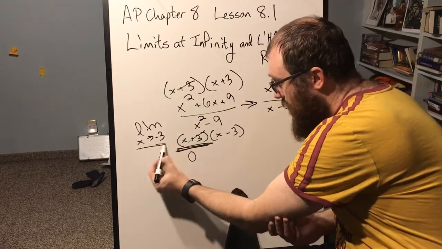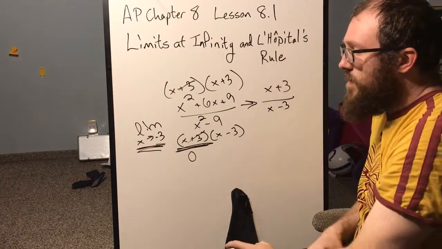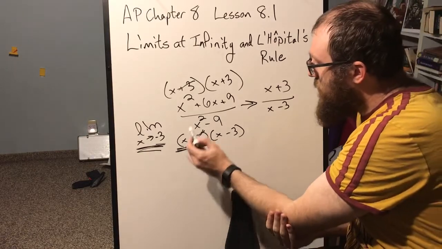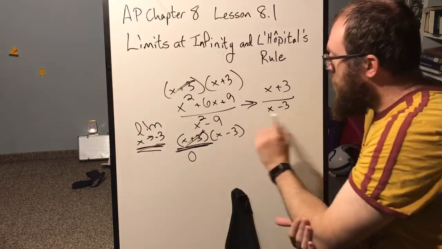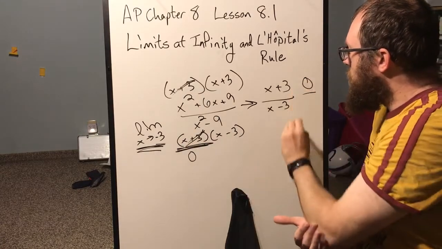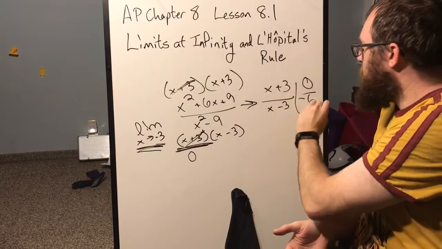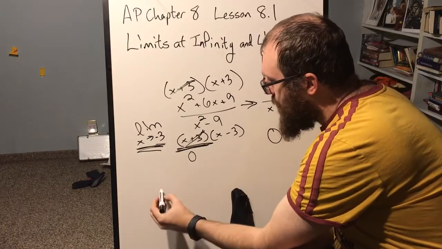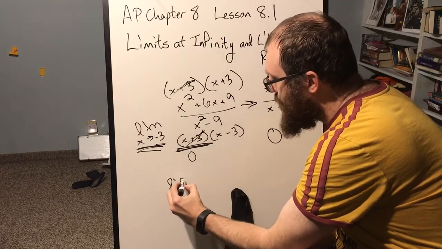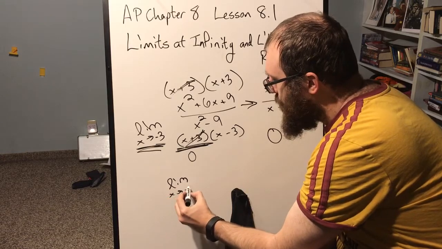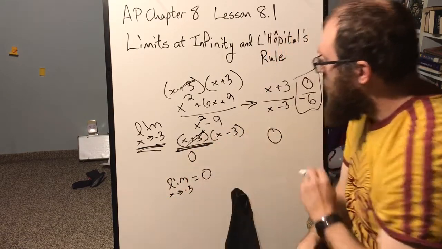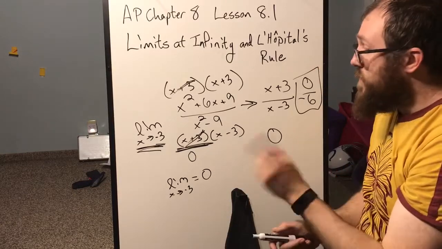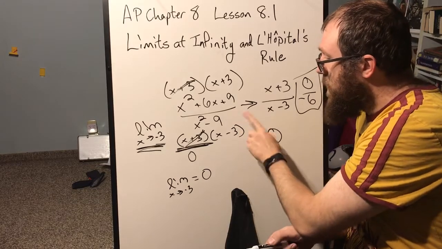Now, it's important to remember that the function still doesn't have a value at negative 3. However, because these two pieces factor out, now when I put in my negative 3, I end up with 0 over negative 6, which in fact does work. It's 0. So the limit as x approaches negative 3 is 0. But the actual solution at negative 3 is undefined, which tells us that this function has a hole